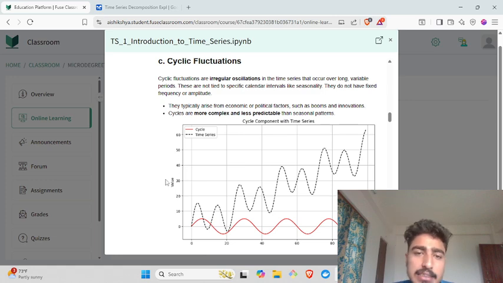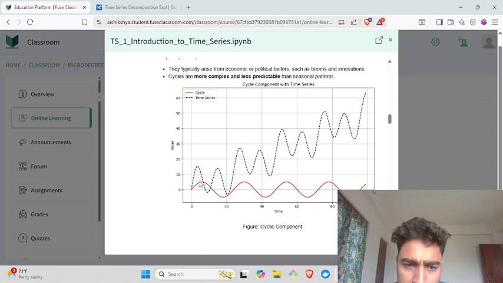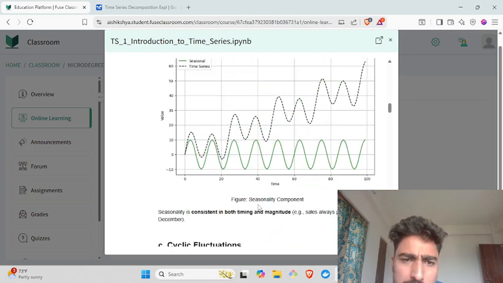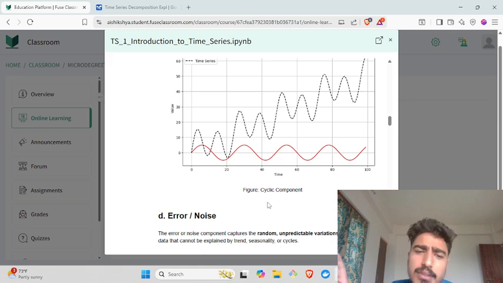Here you can see the graph. The data is going upward, and you can trace the cyclic fluctuation. Actually I haven't fully understood how this graph is showing the cyclic fluctuation. I mean, there is an equal interval, I mean the wavelengths are equal, and yeah, theoretically we have proved that it doesn't occur at an equal interval, but